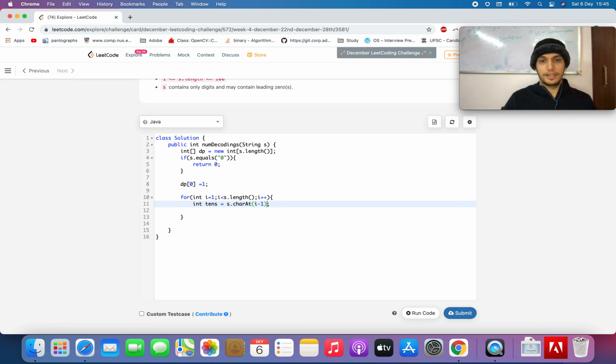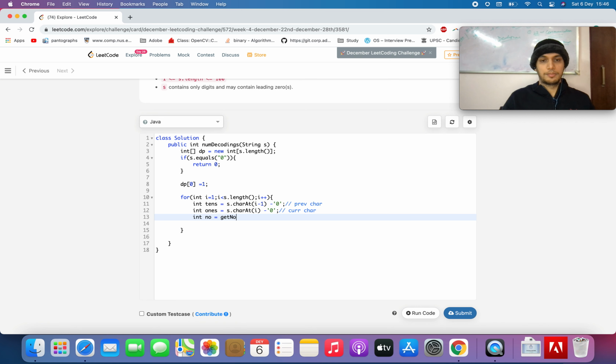This takes care of the previous character, that will be at the tens place, and let's take the ones character, that will be at the current place. Current character, and let's generate the number out of it.